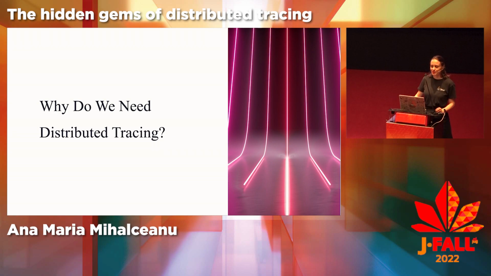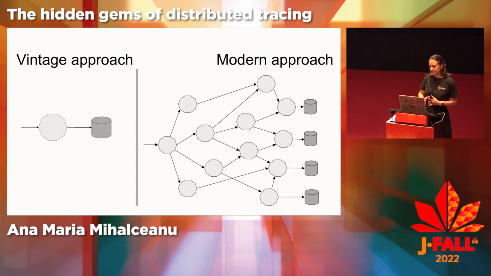So why do we need distributed tracing? We have been evolving from this vintage approach of monoliths, where we knew where our requests were going because it was just one big ball, typically connected to one persistent store, and we could see where our request went very easily. But we moved to a modern approach, right? With more applications and multiple persistent stores, and in that case, things became a little bit more complex in regards to tracing what's going on with our transactions,